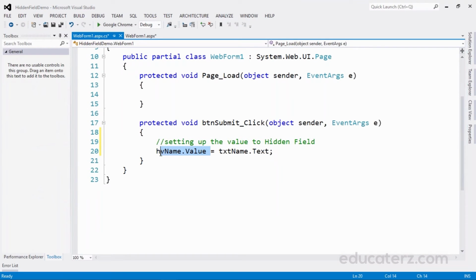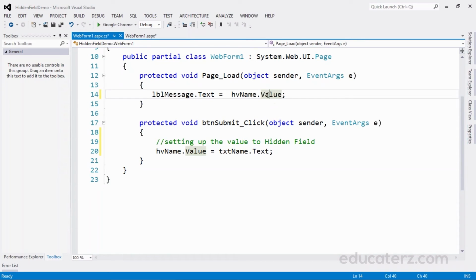Here I want to retrieve this hidden field value into label dot text. As we can see here, we are retrieving the value from the hidden field and assigning it to a label. The hidden field's value property returns a string by default, so we don't require a conversion.